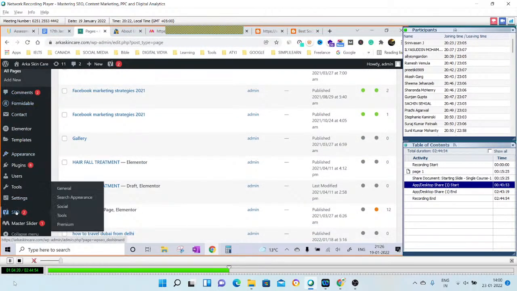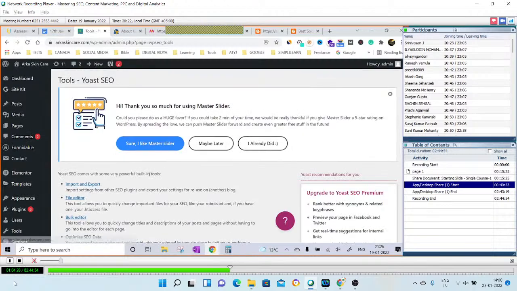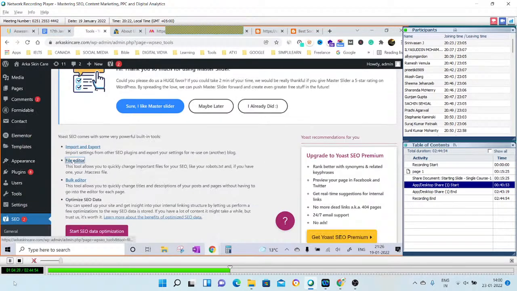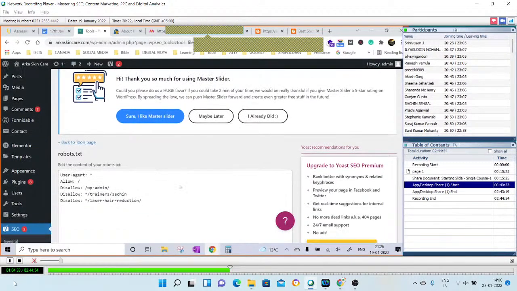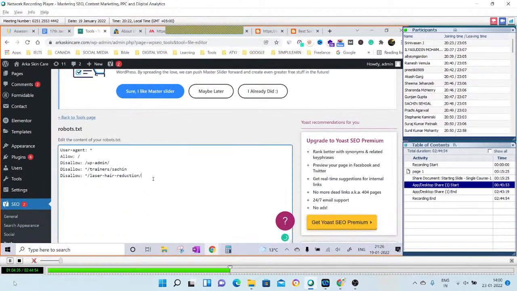I told you yesterday as well. So here we go into Yoast tools. I'll give you the steps, do not worry. Then we go into the file editor, and you just put the same thing here like this.